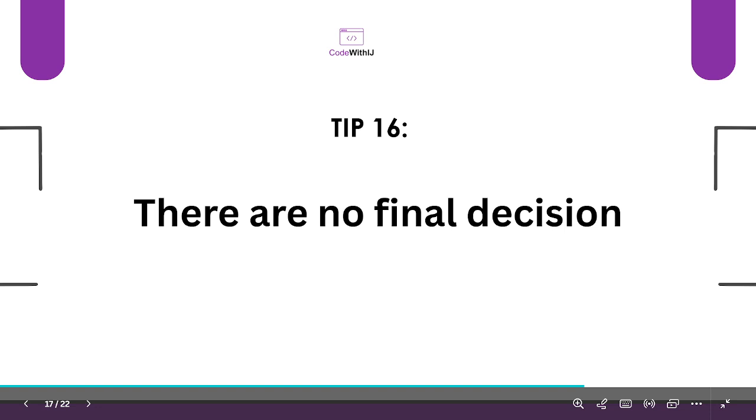We are on tip 16, and it says there are no final decisions. And I started wondering, what does it mean by there are no final decisions? Even though he explained it in the book, from my own knowledge and from what I can gain, it's